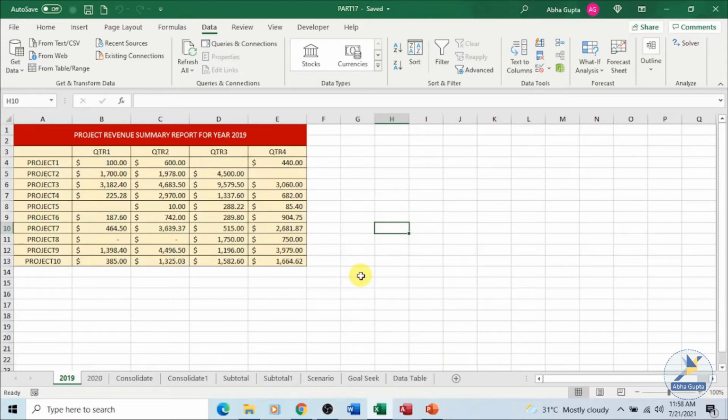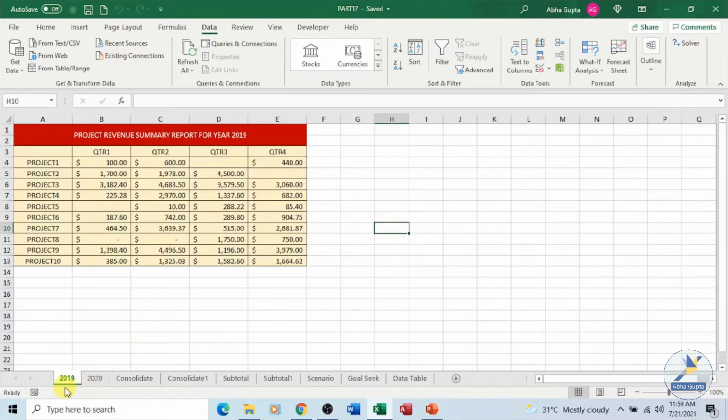So now take for example a scenario where we have different projects, and we have some sales figures, the revenue which has been generated over a period of time for quarter 1, 2 and 3. These projects are running for n number of years, and for each year we have data present on different sheets.